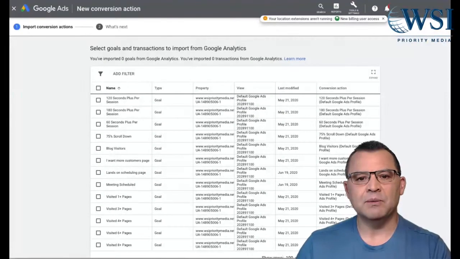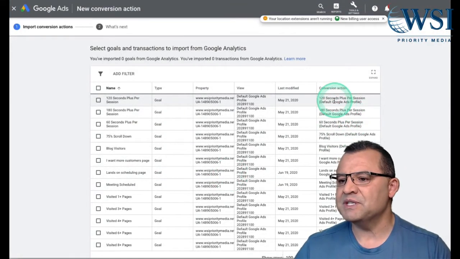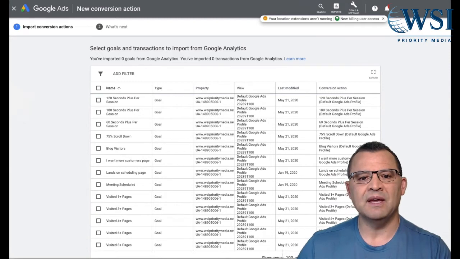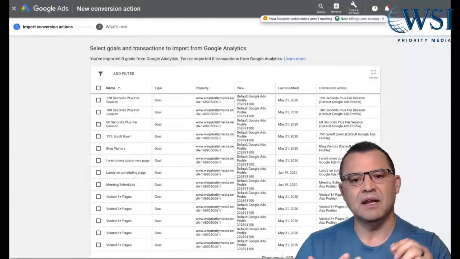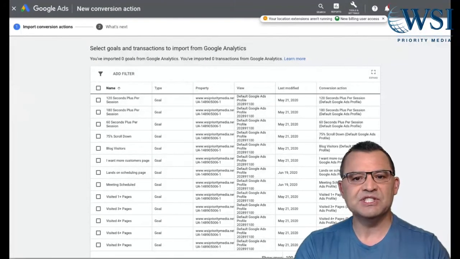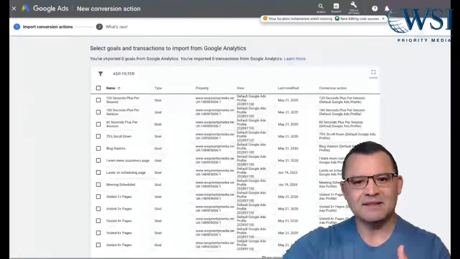Some goals that we use are, for example, you'll see across here, you can see the different descriptions of the conversion actions. Some of those will be, for example, scrolling down on the page, if they scrolled 75%, the number of pages that they visited, the videos, for example, that they watched. Those are all called micro goals. We use those primarily for retargeting. We assign a score to each visitor. So we know our interested traffic based on how many micro goal triggers they hit, and we add up